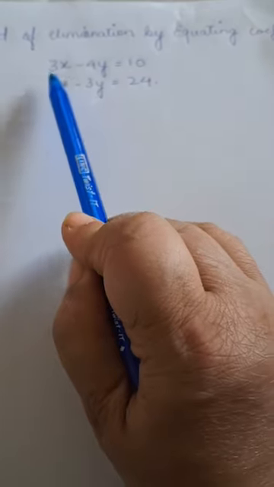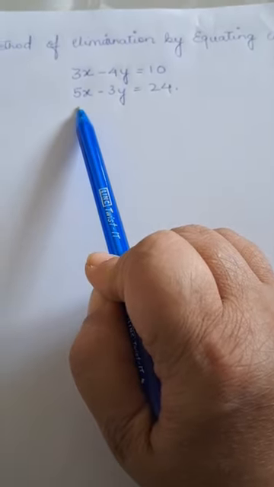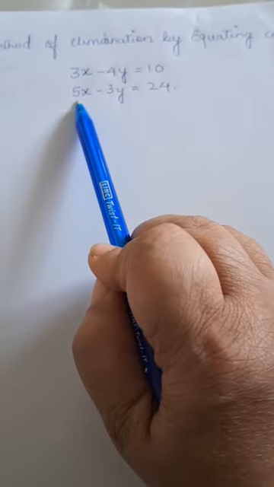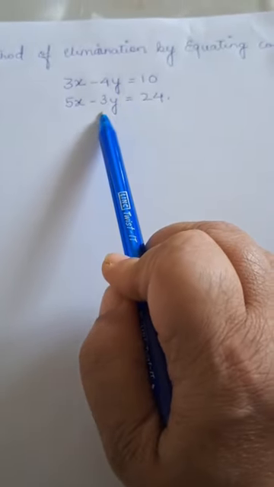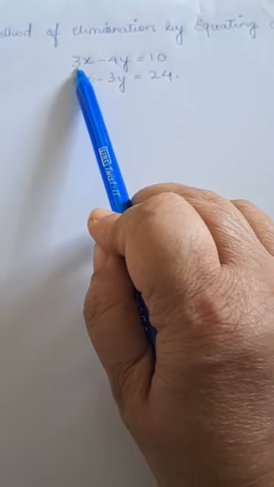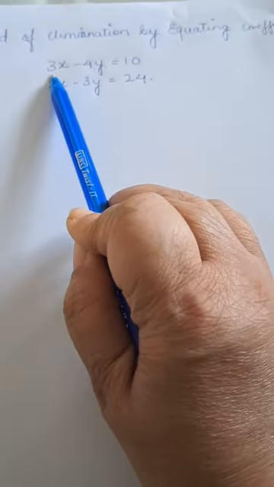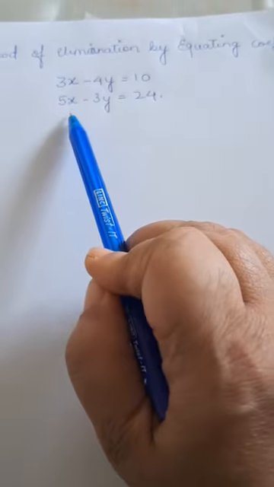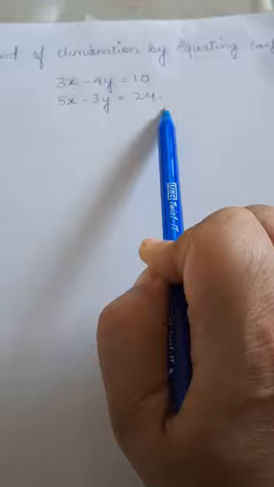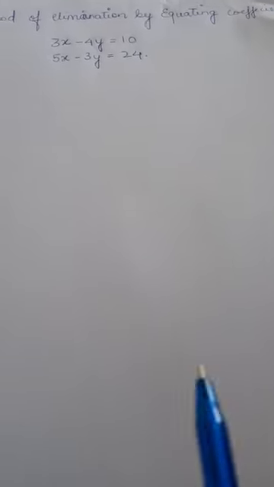Now this x has a coefficient of 3 and this x has a coefficient of 5. Now what will we do? We will make either the two x coefficients similar or the y coefficients similar. How can we make the coefficients similar? By multiplying the whole equation. If I multiply by 5, then the 3x will become 5 3s are 15, and if I multiply this whole equation by 3, it will become 5 3s are 15. The equations will become similar. I mean to say the coefficient of x will become the same. So let's see how we will do it.